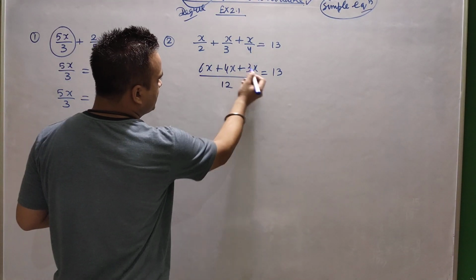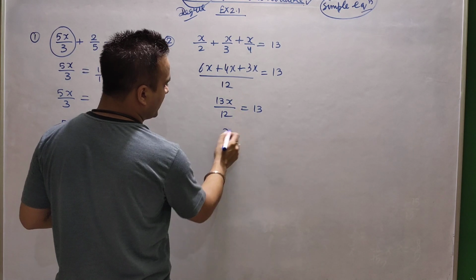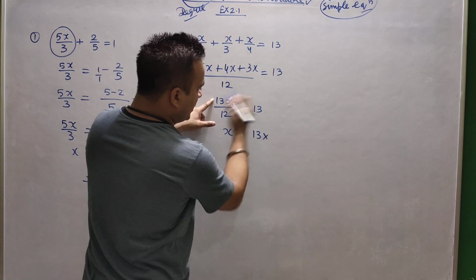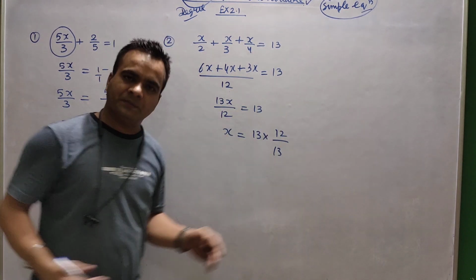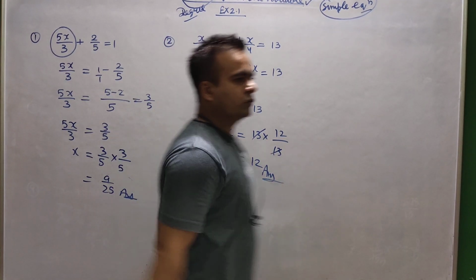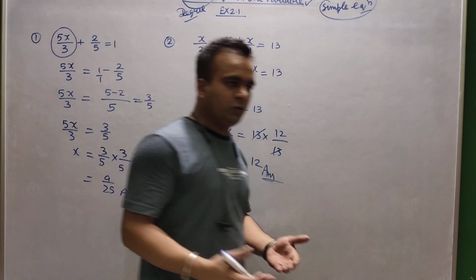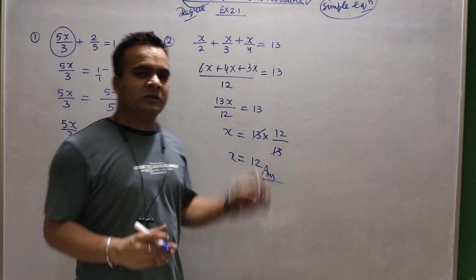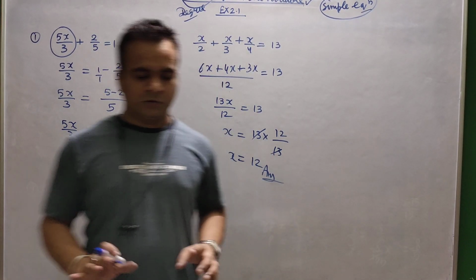Now you can see 6x plus 4x plus 3x. You will get 13x. Again the same situation is coming. So the numerator part will go there in the denominator and the denominator will shift there in the numerator. It means reciprocal. Right. So 13 cancels. So what are we getting? x is 12. So you should practice these questions. If you do these types of sums more, then definitely this particular chapter will be the easiest chapter. I can assure you of this.